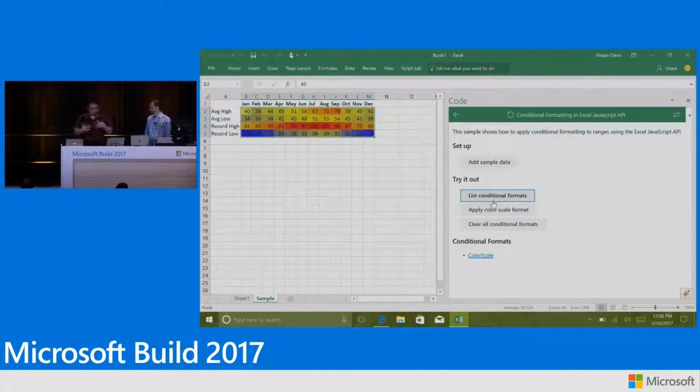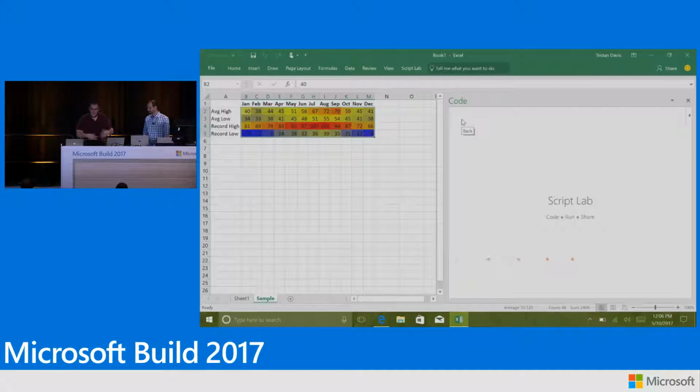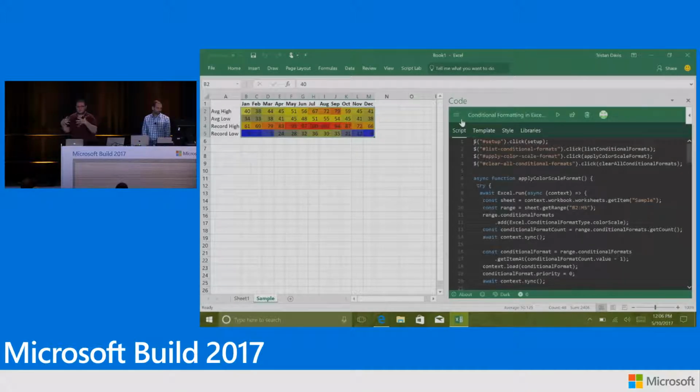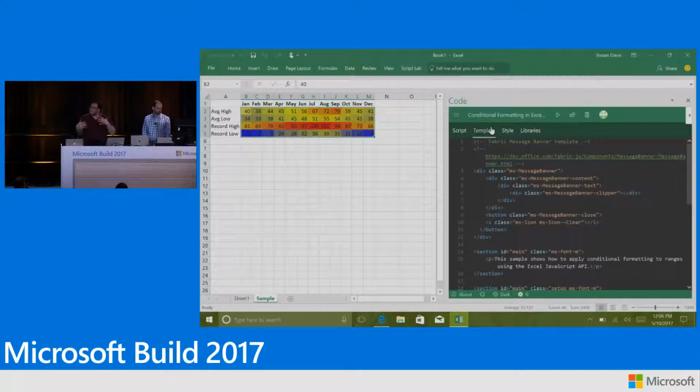So really cool, and it doesn't just include the JavaScript, right? Like if I go back here, you'll see that this snippet has all those JavaScript functions that let that question asker see how that API works. It also has the HTML that we just used with the buttons to play with. So in this case, we're using our Fabric.js to go and add a bunch of JavaScript components into our HTML,